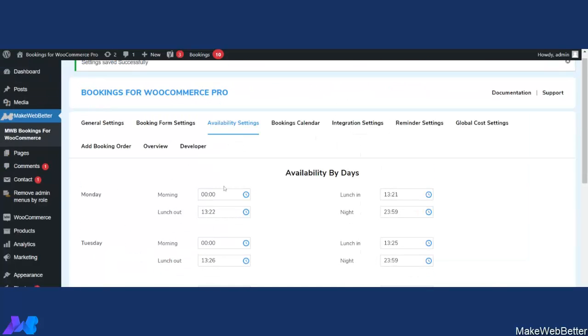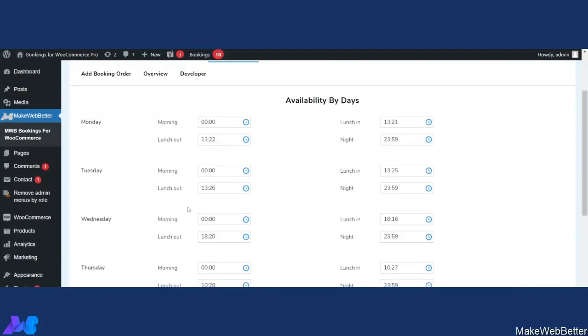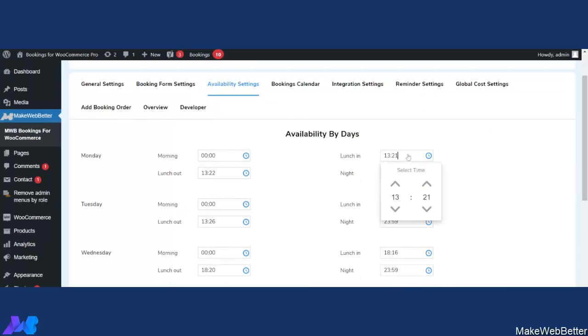And here you can decide the availability by days. Today is Monday, so I am deciding the time slot from 13:21 to 13:51. For now the time is 13:47 and I have decided the lunch out time for Monday is 13:51.